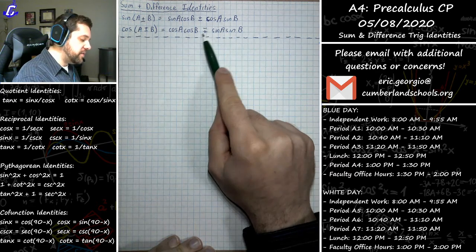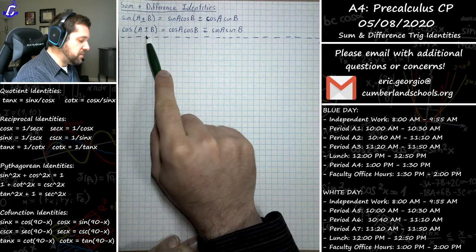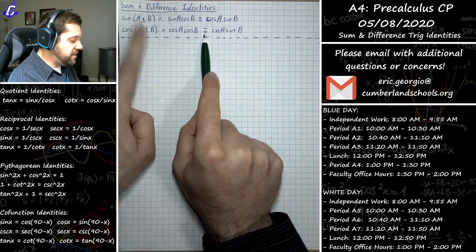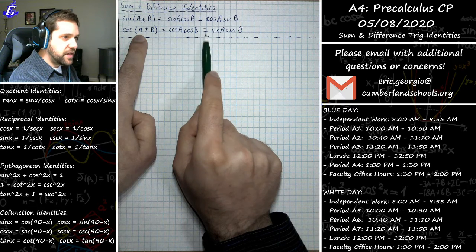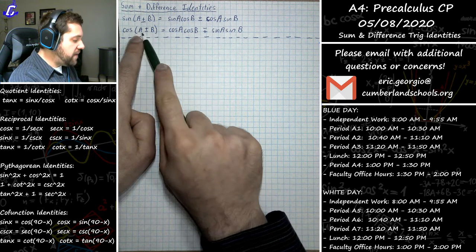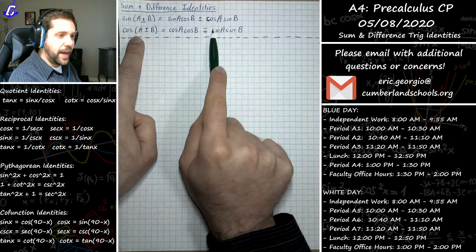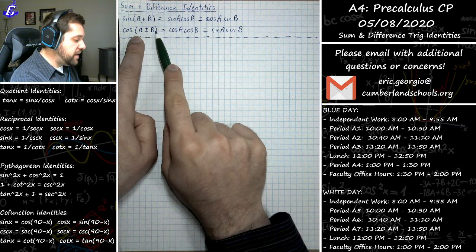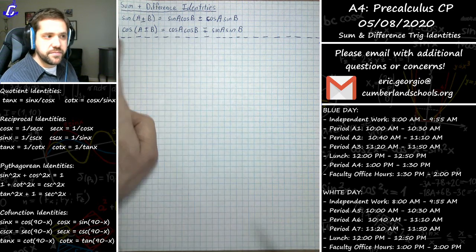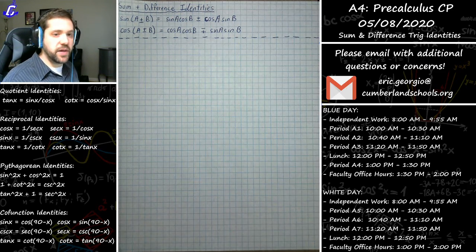The reason why you see this notation of minus plus versus plus or minus is because whatever the sign is here, it's going to be the opposite sign over here. So if I have a plus b, when I expand it out like this, this is going to become a minus sign. If I have a minus b, this will be a positive. Okay? So that's what we talked about a little bit last class.